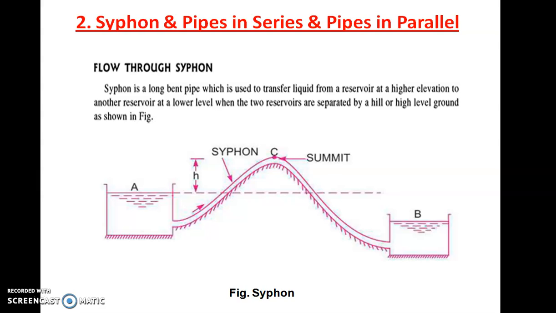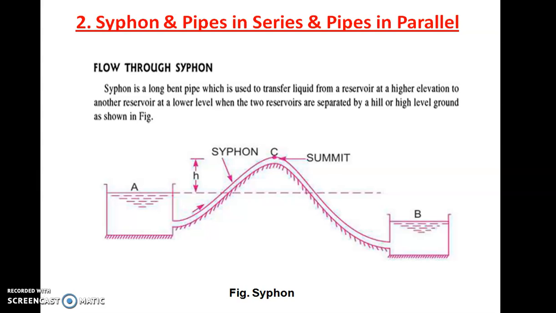Point C is the point where you have to calculate the pressure. What is the pressure at point C? Now we know that there is a vacuum pressure, but what is the amount of pressure? Because there is some limitation to the height of C. The height is shown as small h. Up to what height point C can be there has to be decided, because you can't go beyond the vapor pressure. The pressure should not fall below the vapor pressure of water. That's why there is a limitation on point C, otherwise it could be kept at any height. It is not like that. You should have some limitation on point C to avoid cavitation.